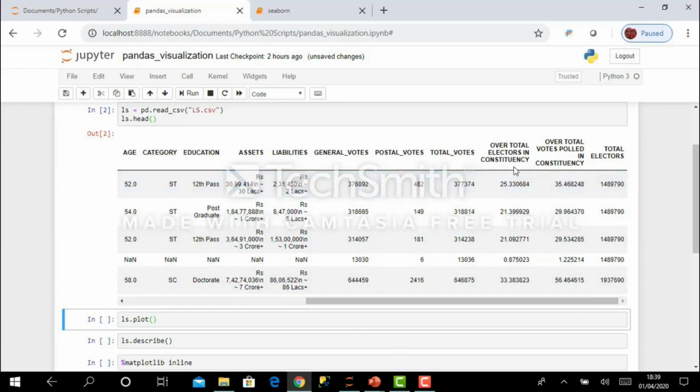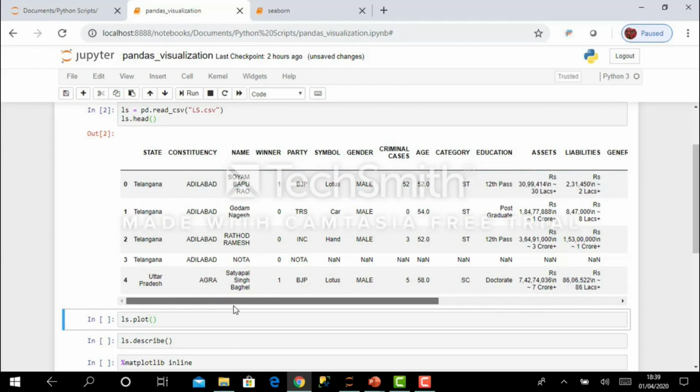Then the total votes polled in constituency and total electors. So these many fields are available in this data file.